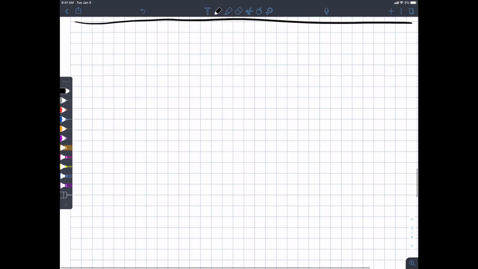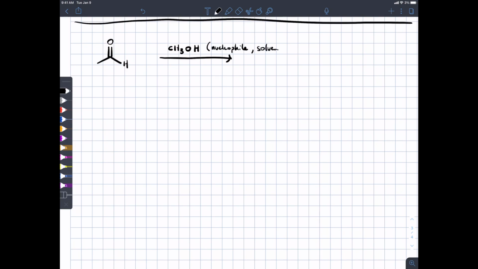Okay, so the next thing we're going to do is to take an aldehyde or a ketone. Let's just stick with the aldehyde, and we're going to use the alcohol as a nucleophile. We're going to use this as both our nucleophile and probably our solvent, which means that going into this reaction, understand that you've got probably a vast excess of alcohol. We're going to need a catalyst. The catalyst is an acid, but we're going to need one that's soluble in organic solvent. The acid of choice, I think you encountered in 351,